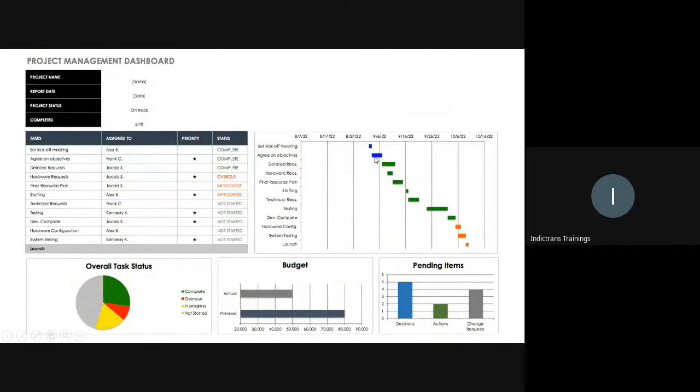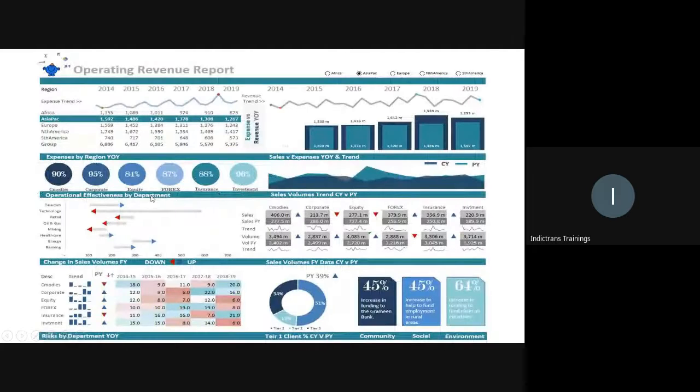Again, here is a Gantt chart. Here is a table, and we have an asterisk there. And obviously, you can do conditional formatting over here. This is obviously complex, and I'm not really sure whether you may want to do this kind of complex thing using Excel, or if Power BI or Tableau is a better option, though it is actually done in Excel.